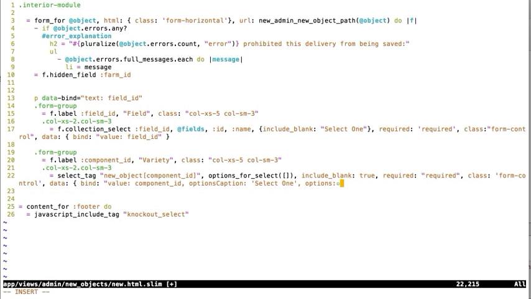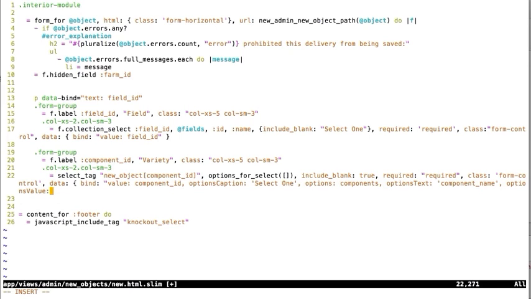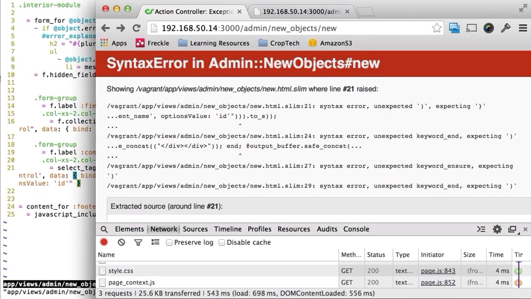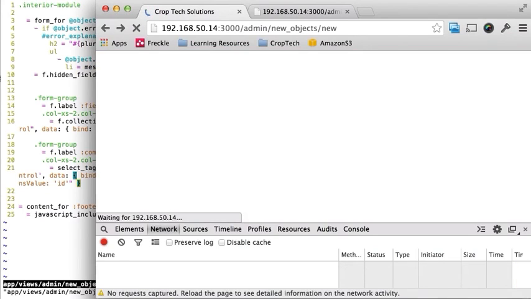For options, this is where you're getting the list of components and the options text. You want the text to be its component name. And you want the value to be its ID. There. So we should be all set,